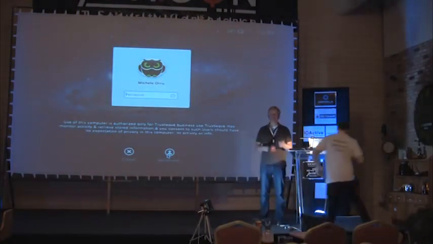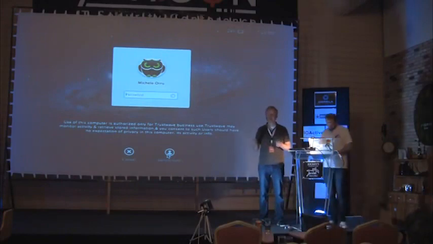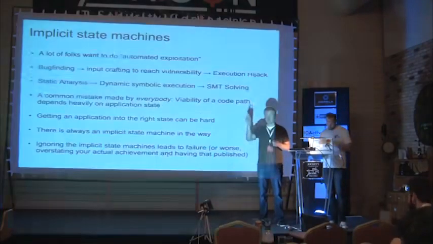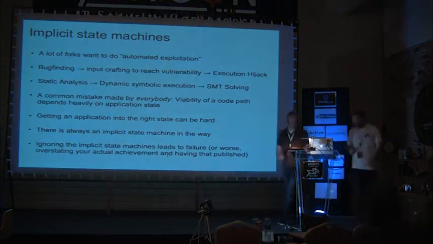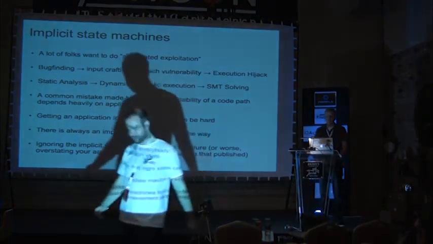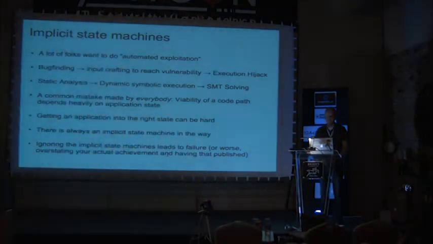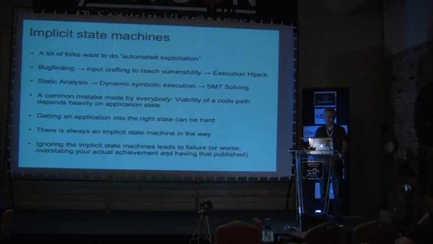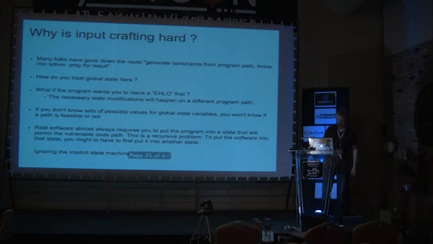So the thing is that this implicit state machine is something that will bite you every single time you try to execute a particular path. It's really important to keep this in mind. The trouble really is, or the reason I think people don't write about it, is that we don't have good methods of dealing with these state machines. We've got no algorithms on how to extract that state machine from an executable. We've got no proper way of making the problem tractable.